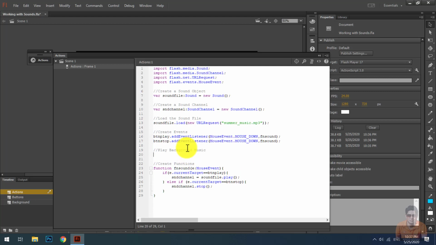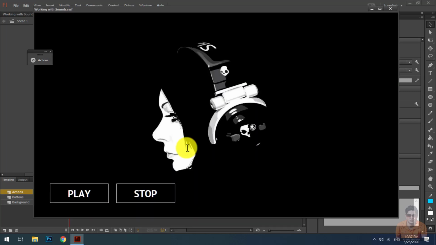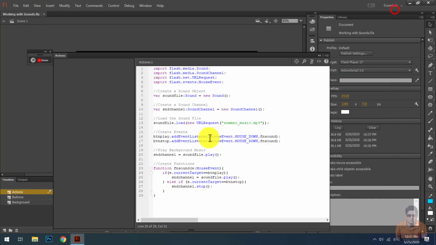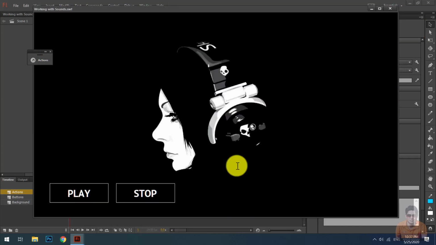You have to add this code before the function. You can hear the music in the background without any interactivity by the user, but it will be played one time without repeating, because this is a 15-second audio clip. If you want to repeat this for unlimited times, I will call it a loop.